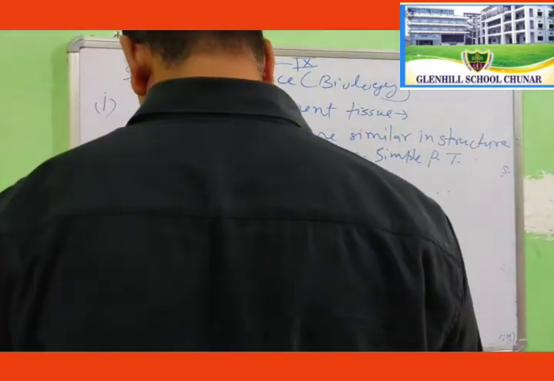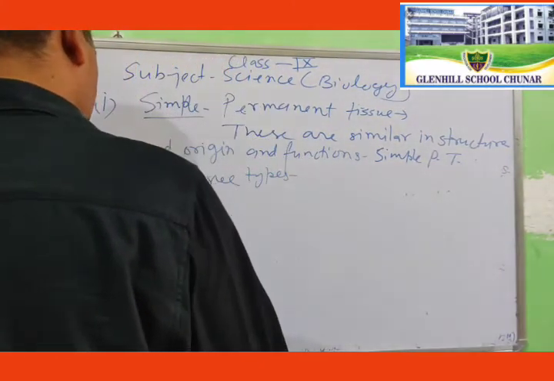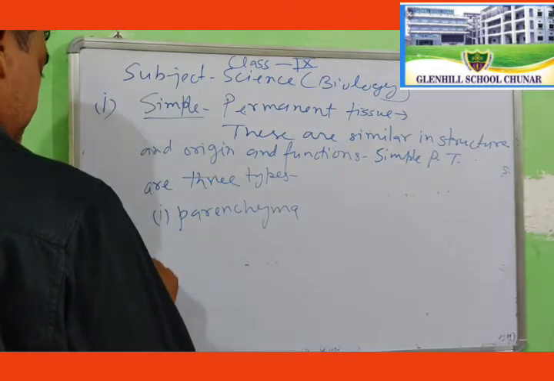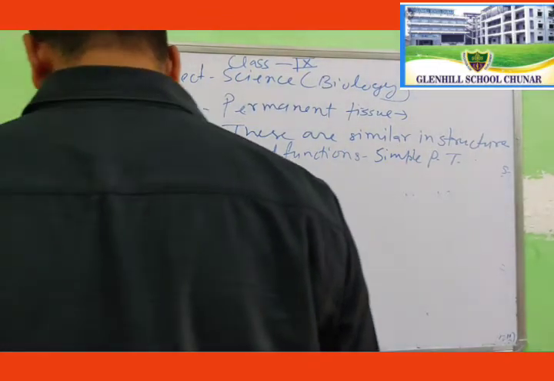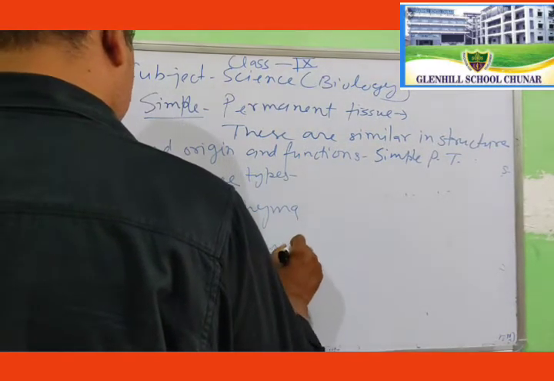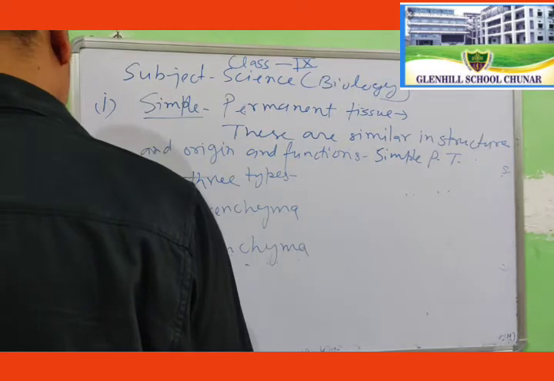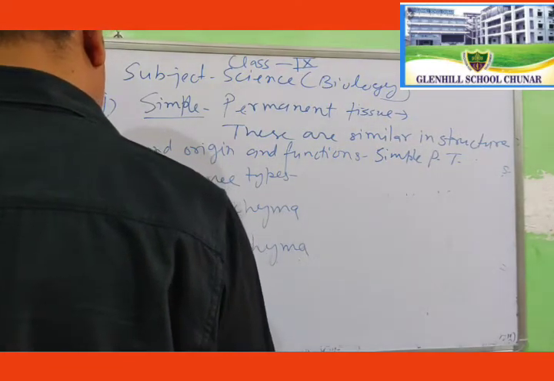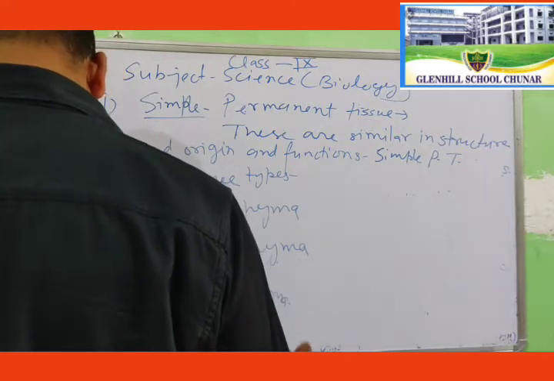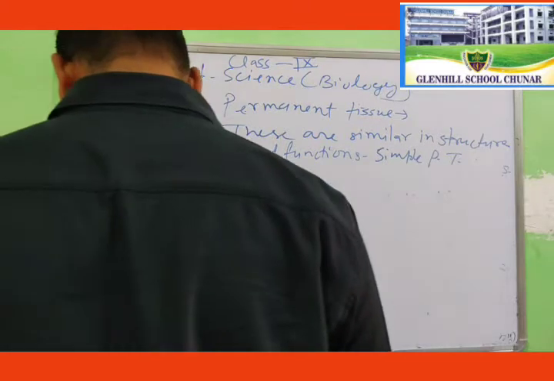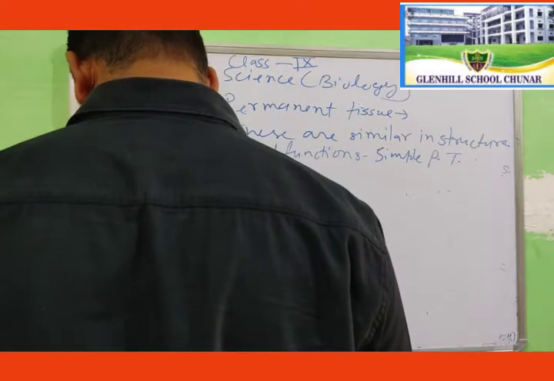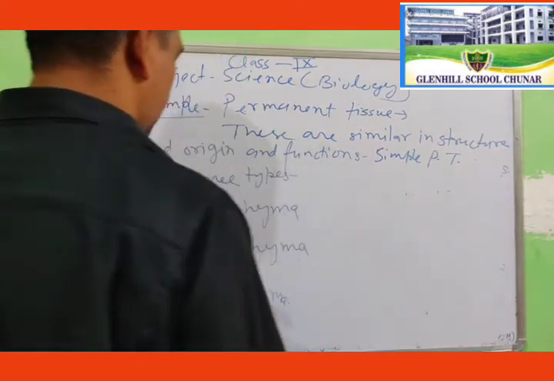You can write down number 1, parenchyma. Second, collenchyma, and third, sclerenchyma. So parenchyma,